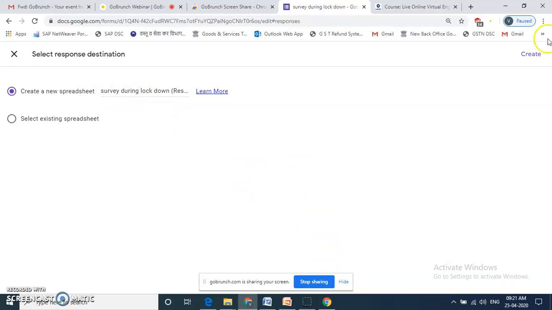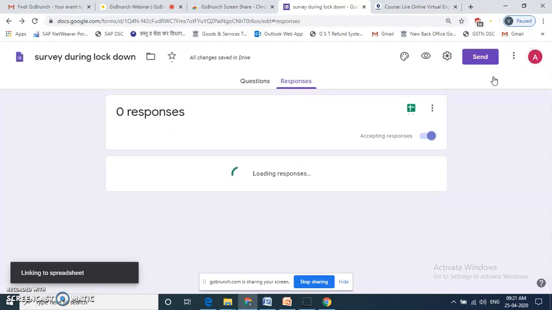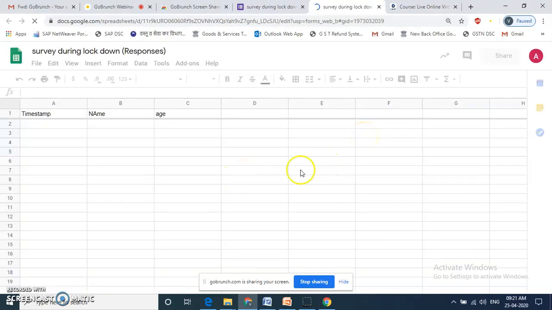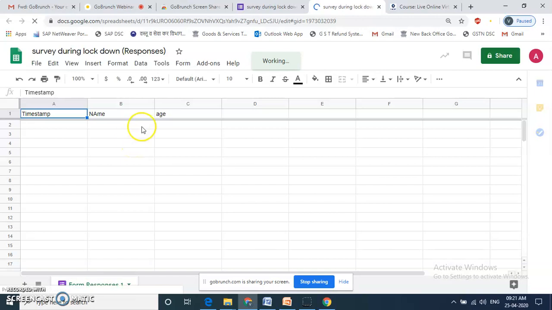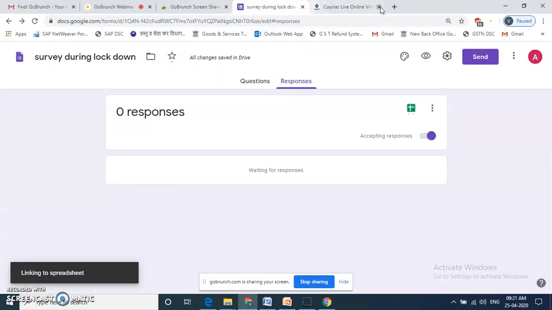You can select the option and say create. Then you can see the spreadsheet over there. Then that spreadsheet can be downloaded. For example, when the data is collected, I have typed two questions, name and age. So if the respondents are filling in the information, then you can get the data in these columns. This worksheet can be downloaded afterwards and used for further use.